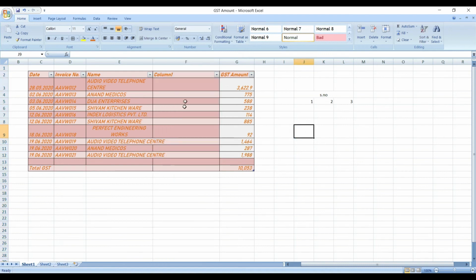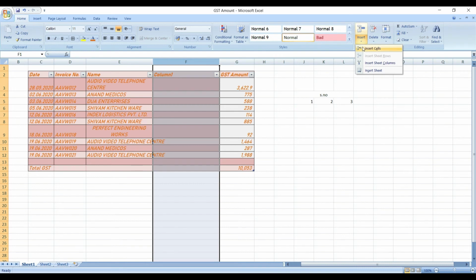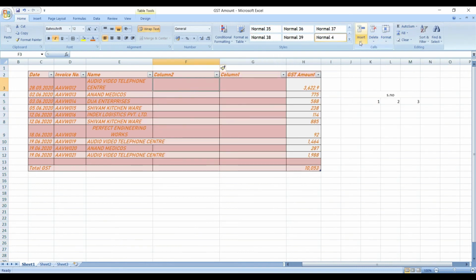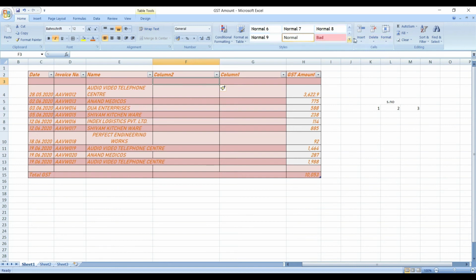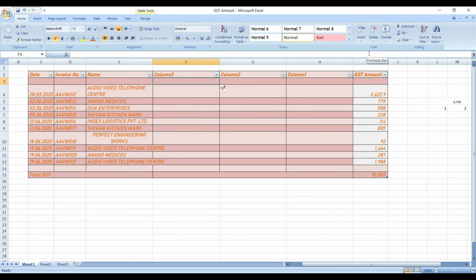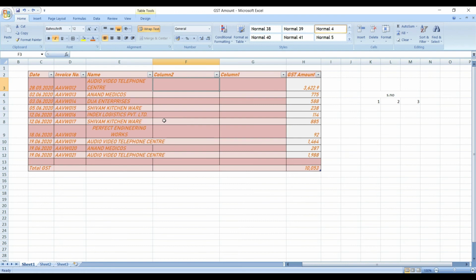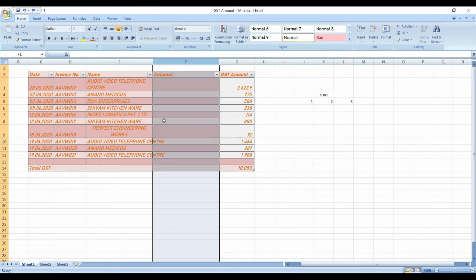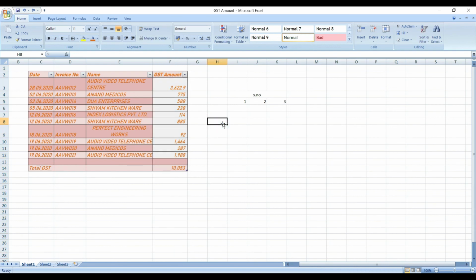So here I told you how you can do it by the keyboard. And if you don't want to use your keyboard, what you have to do is just click on your column button, increase. If I consider one cell, this will increase. If you want to increase your row, column above and column to the left, right? This will help you like this. See, this will increase your row, and if you want to increase your column, this. Okay, so this is the way you can increase or decrease your cells or column or row.